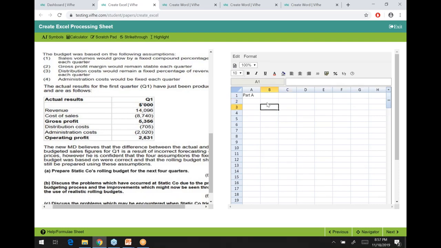I'm just writing the actual results for our good understanding. This is revenue, this is cost of sales, we have gross profit here, we have distribution cost here, and we have administration cost here as well. Then we have operating profit. Okay, so actual results I'm just writing for good understanding, and the numbers are